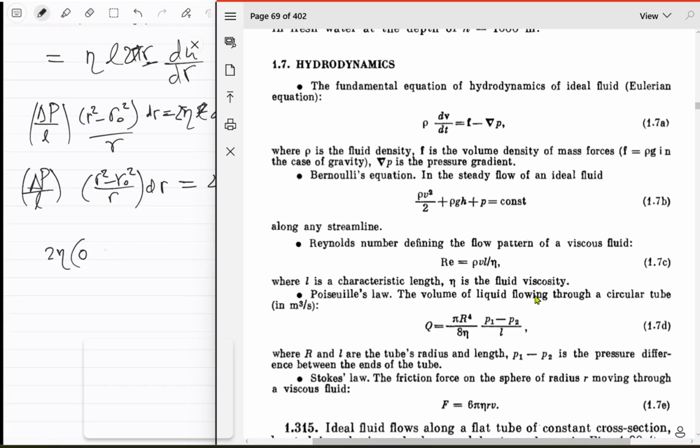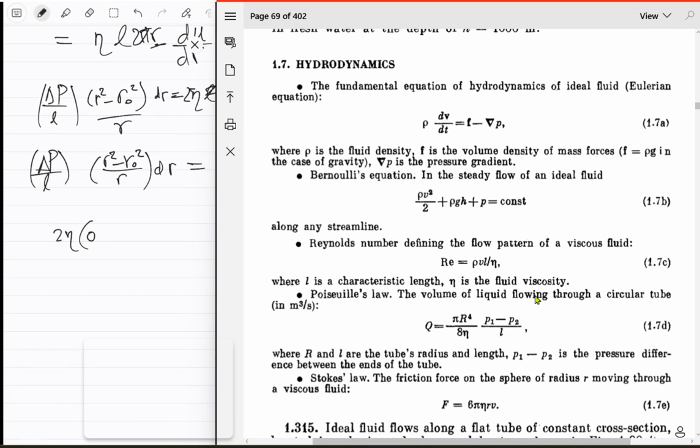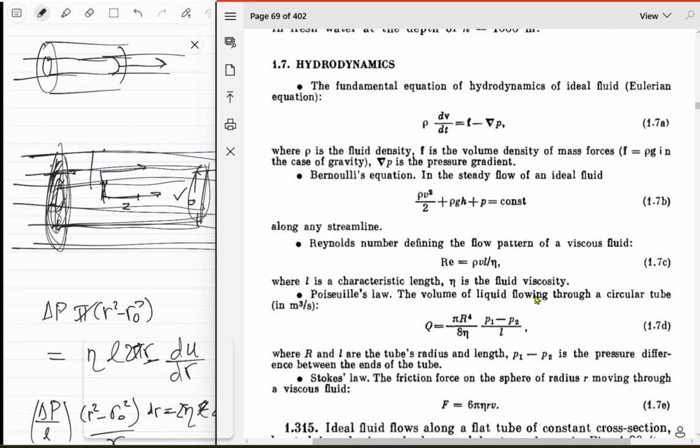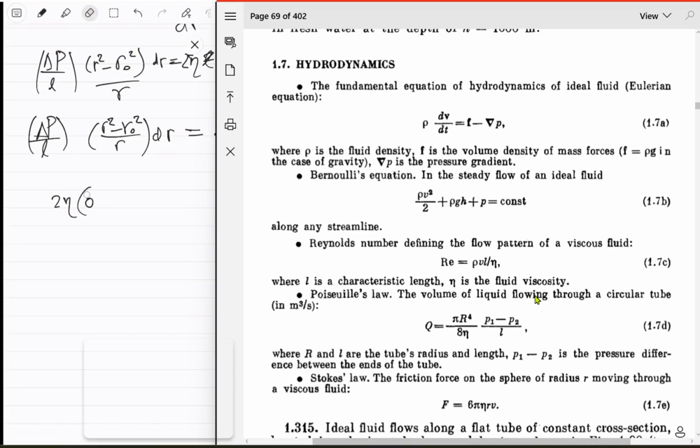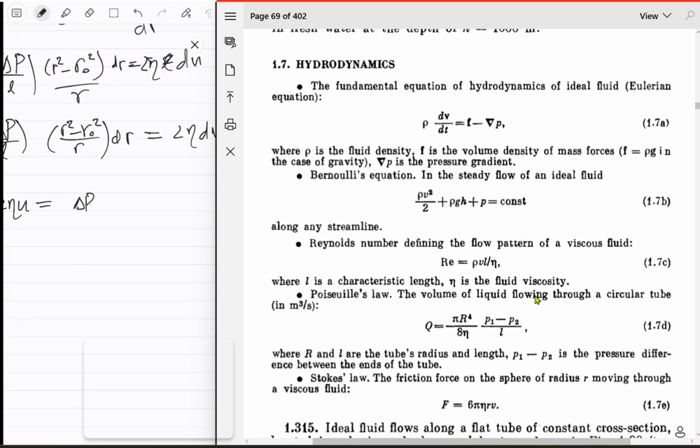So this will just be 0 minus, or in fact, let's go the opposite way. So from here to here, that's what I want to do. Then it should be u minus 0, right? So 2 eta u, that's equal to what? That's the integration of this thing, right? Okay. It's delta p upon L, then it's the integration from r equal to capital R till r equal to,